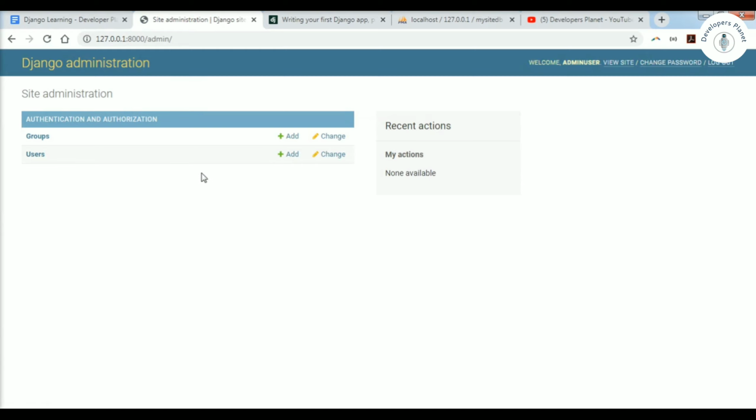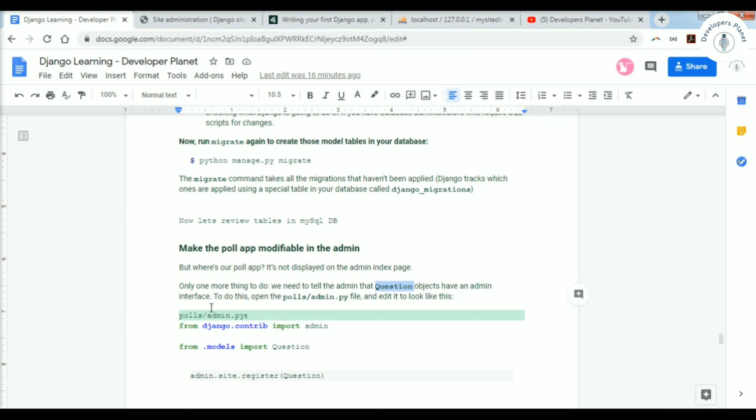Here we are not able to see any polls app or question or choice table. What we are missing is that we have not told our polls app in the admin.py file that we need the question and choice models to be registered in the admin panel.